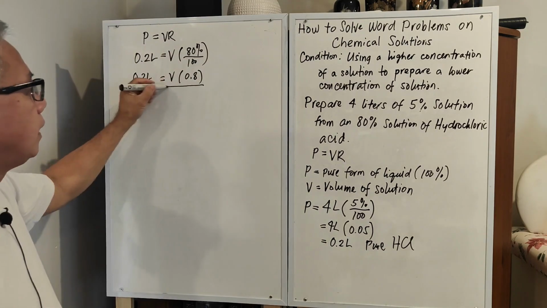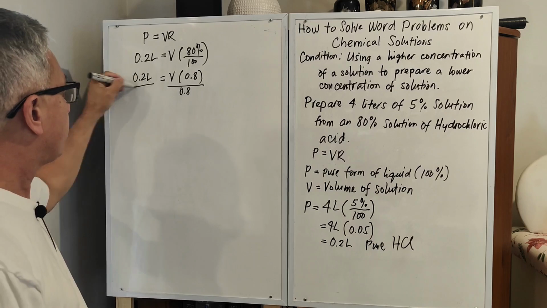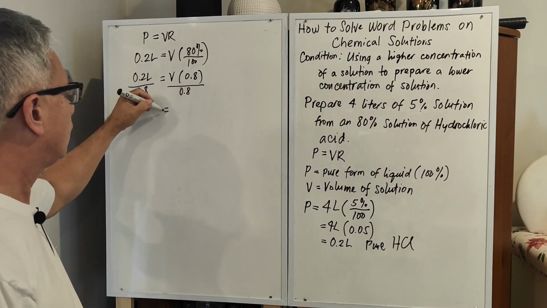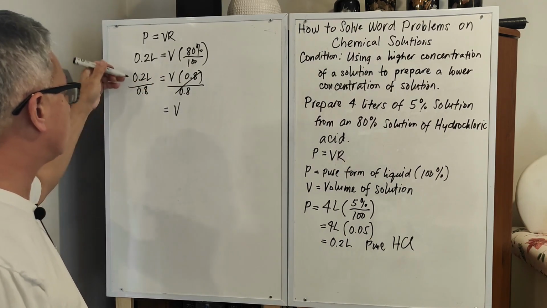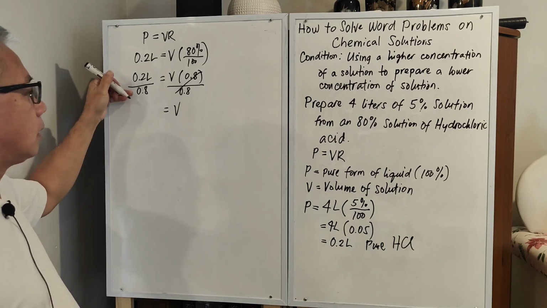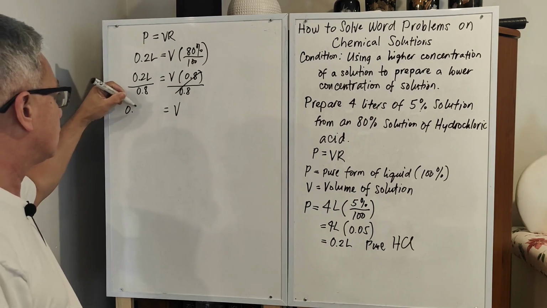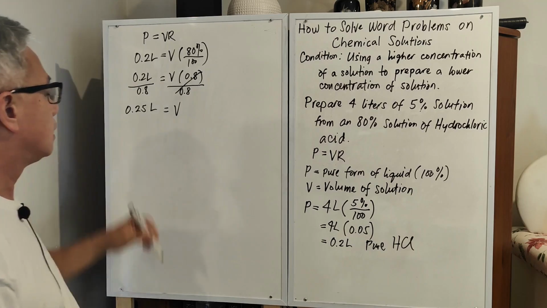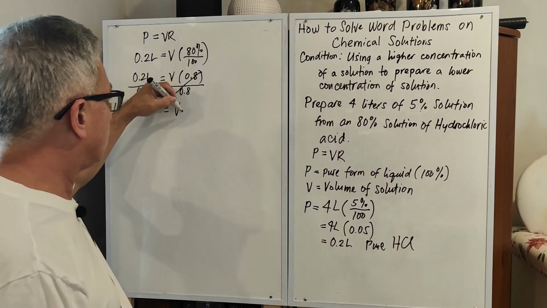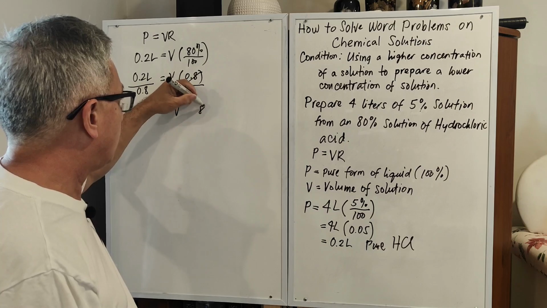So solving for V, we divide both sides by 0.8. V is equal to 0.2 divided by 0.8, which is 0.25 liters. So this is the volume of the 80%